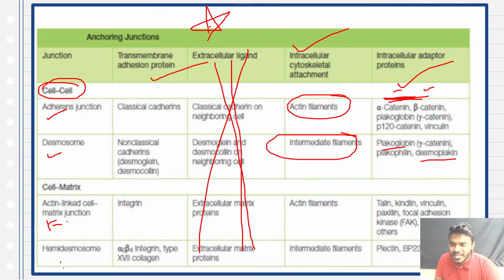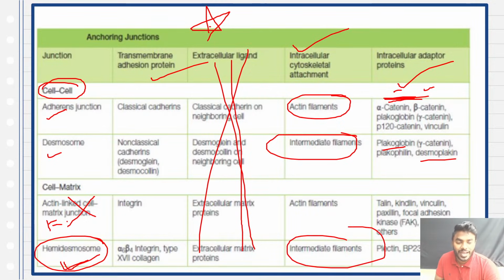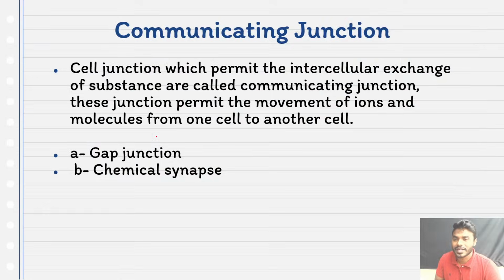Focal adhesions and hemidesmosomes. You don't need to remember the focal adhesion; majorly focus on the hemidesmosome. Hemidesmosomes are connected to the intermediate filaments with the help of an adapter protein called plectin. Adapter is plectin, but what is the transmembrane protein? The transmembrane protein is integrin. Kindly do not get confused. Only read the table during the time of revision.